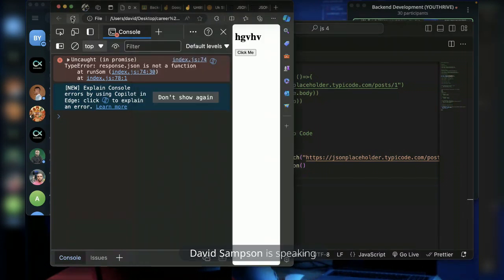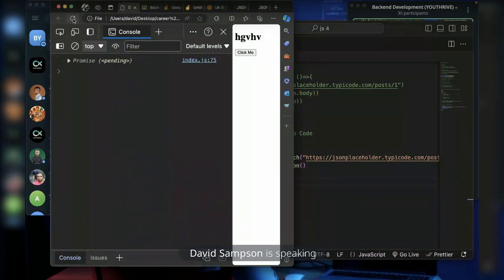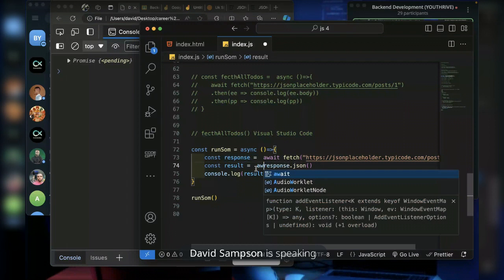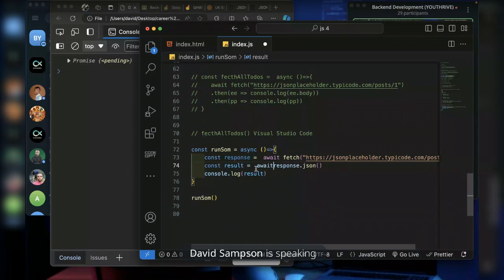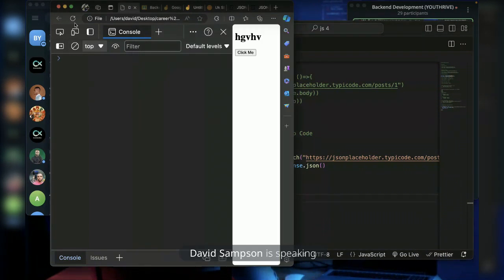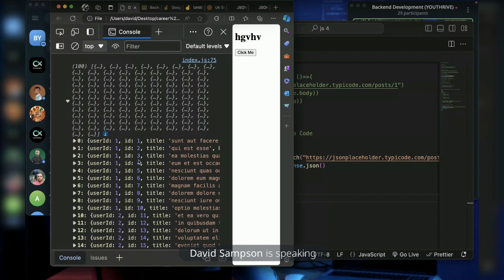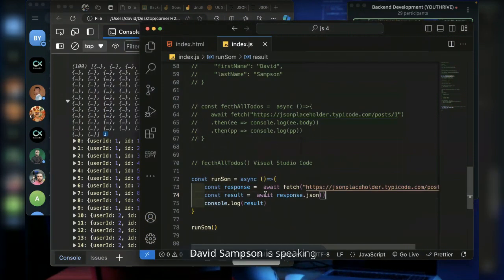So if I save it and refresh again, you see now it is actually returning a response, but we did not wait for it to convert all of the items returned to objects before we are console logging. So we can say wait for it again to convert all of it first, then before you console log. So if I save it again and refresh, you see now I am getting all of my data. So these are the two ways for now that you can do this.